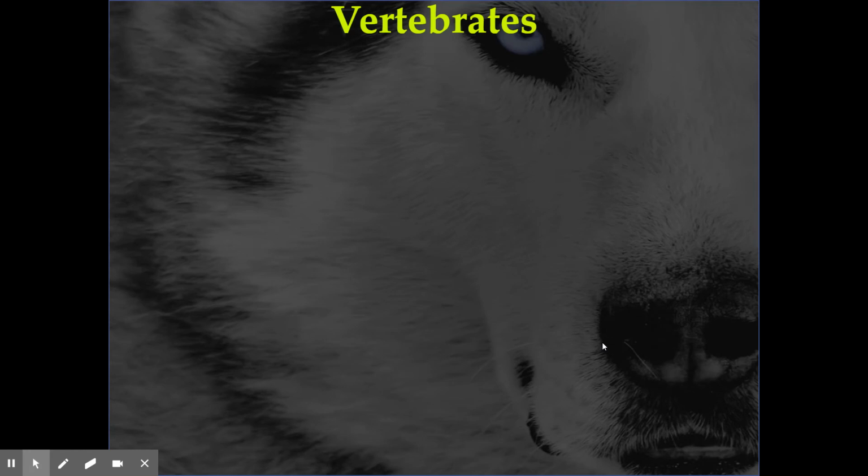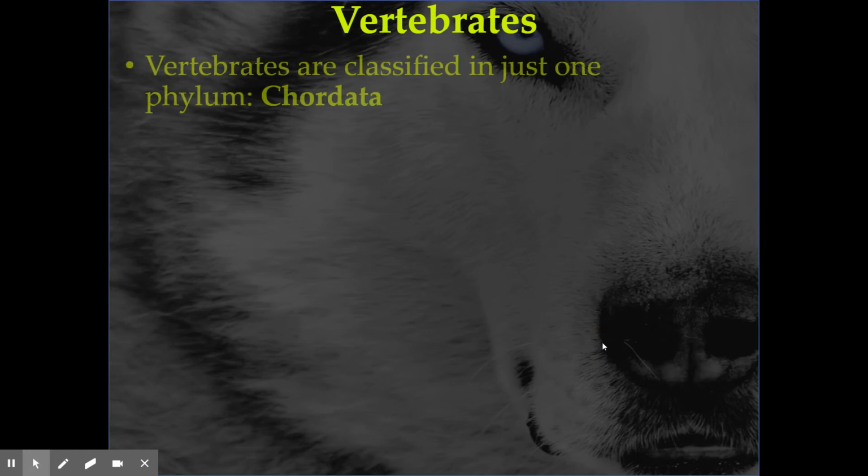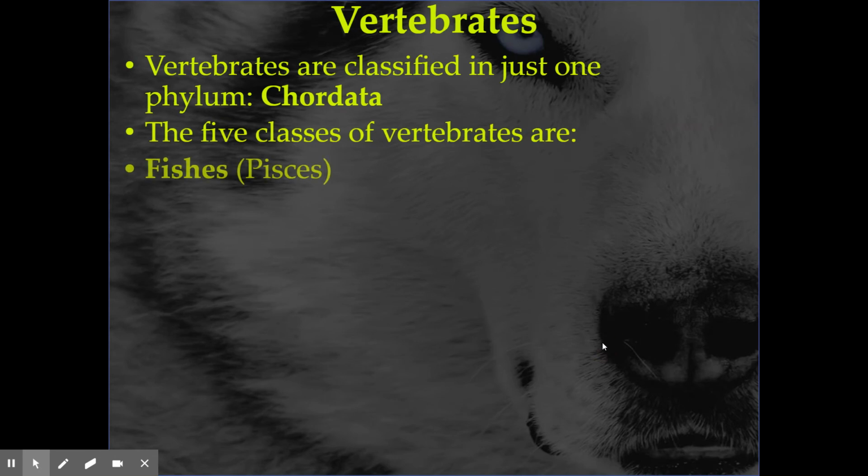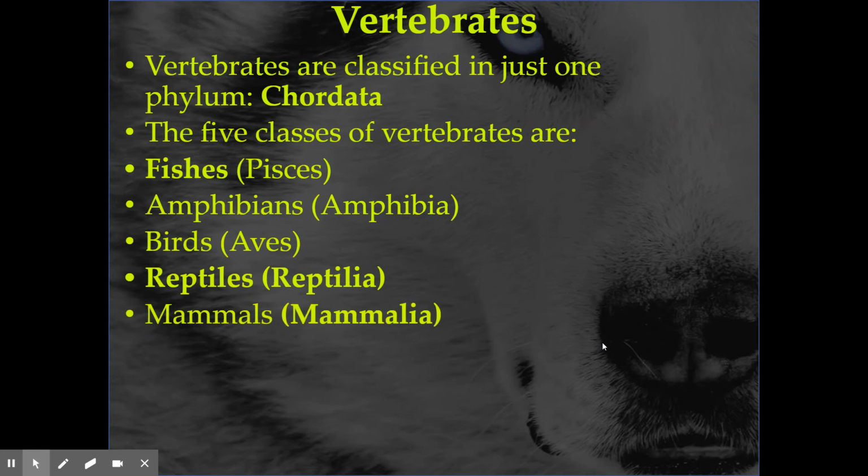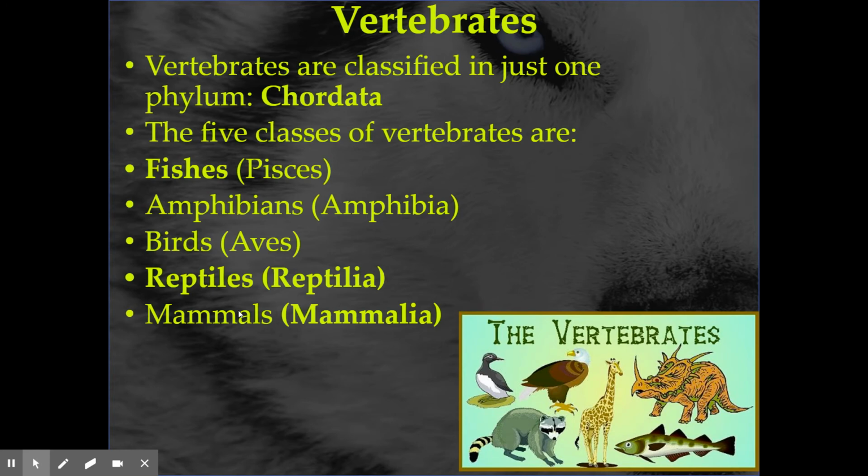Now, the real big step forward, at least in our opinion, would be vertebrates. Vertebrates are one big phylum, so they're all related, but there's a lot of diversity still. There's 5 classes of vertebrates, just to run through them. You have your fish, amphibians, birds, reptiles, and mammals. Those are your 5 classes of vertebrates. And I would think at this point you've probably talked about these before and know a little bit about them at least. But what makes them distinct is the important part. So they're all vertebrates, they're all chordates. Let's talk about the specifics a bit.